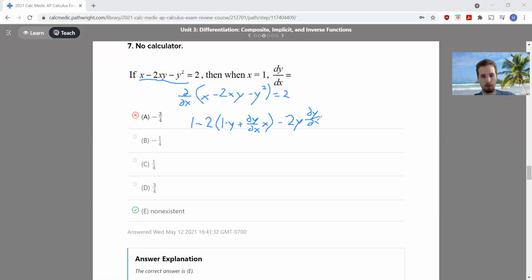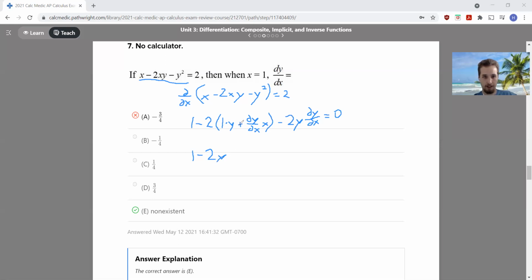This is how I implicitly differentiate. I know there's a slightly different way to do it. You do get the same answer, but this is how I end up getting it, so let me know. The derivative of 2 is just 0. So from here, we get 1, let's see, 1 minus, okay, so the 1 gets canceled out, so you get minus 2y